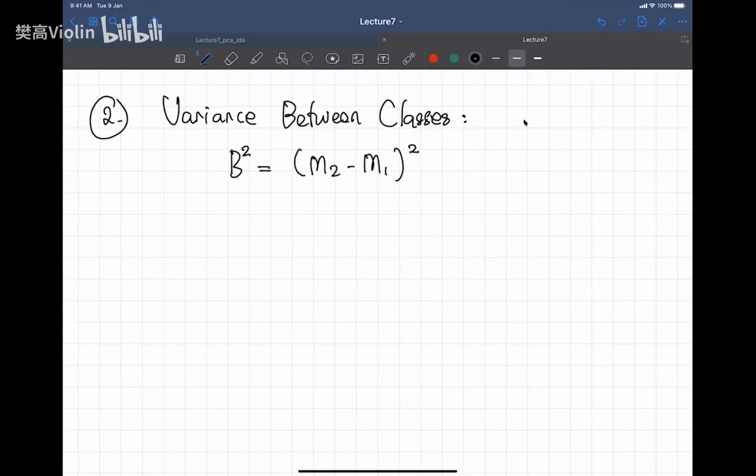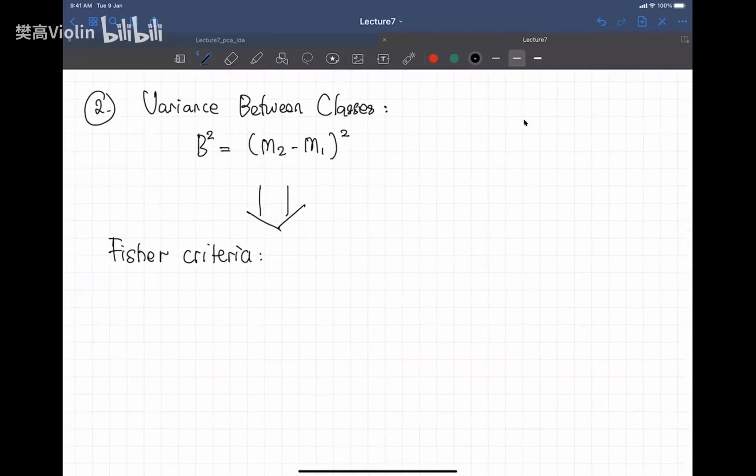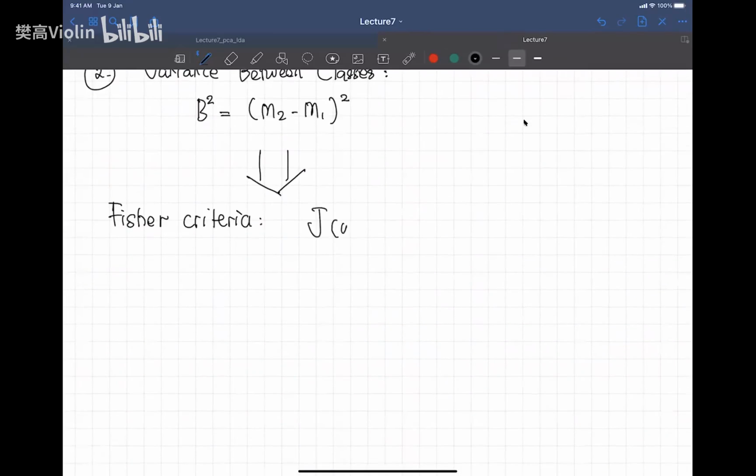Okay. So now, based on these two definitions of variance, there is a notion called Fischer Criteria. So Fischer Criteria, J of W, because W is something that we want, right? The projection is something that we want to know, equals to B square. So because we want to maximize, remember we want to max this one, we want to maximize